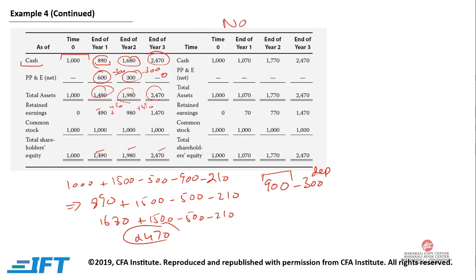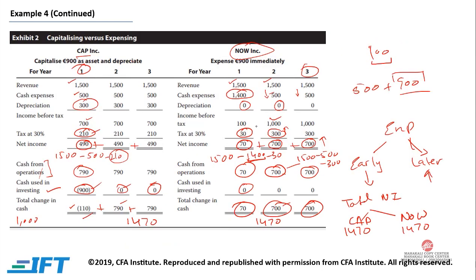For the expensing company, we need to understand that we are expensing the equipment that is worth 900. So cash at the end of year 1 would be 1000 plus 1500 minus 500 minus 900, and the tax we are paying over here is not 210 but instead it is 30. If we go up, the tax is 30 because the cash expense was 1400,